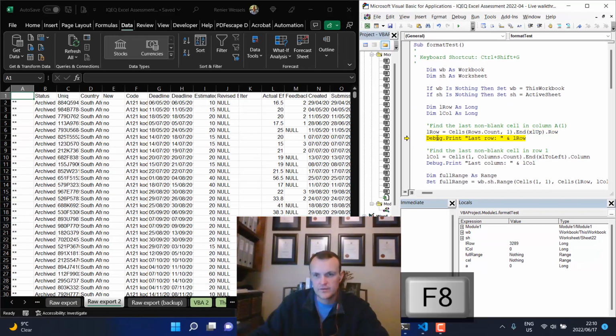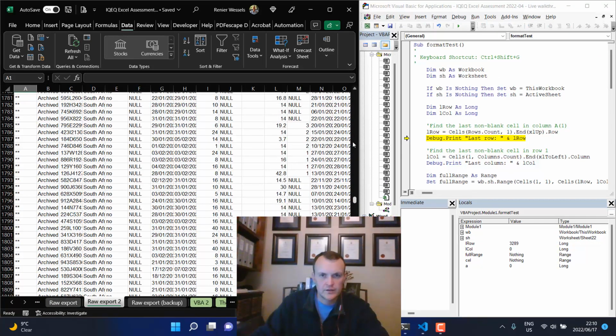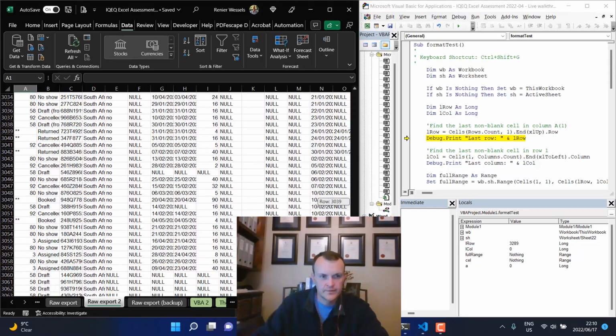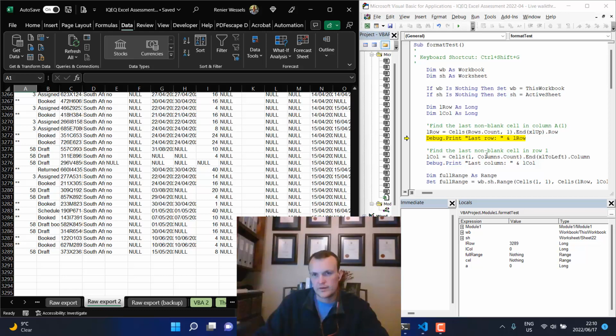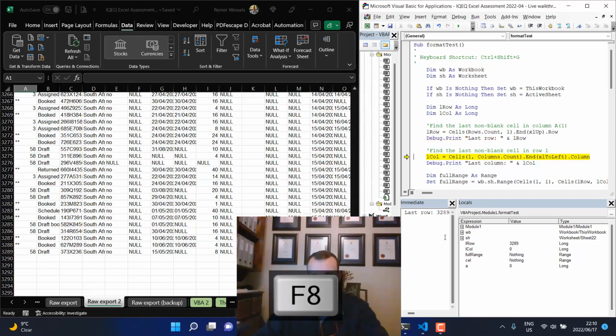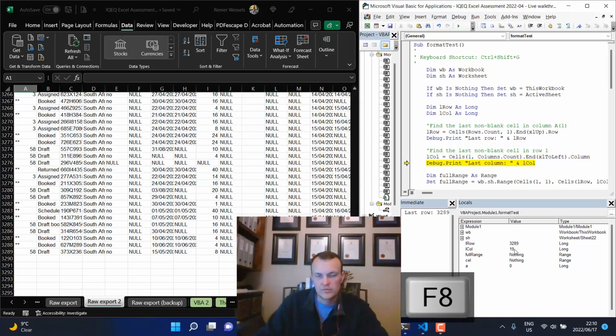lrow, let's see, it's found the last row is 3289. Let's scroll down and check if that is the case. Yes, 3289 is the last row. Perfect. Okay, and then I go and debug.print, and it tells me in my immediate window last row is 3289. Okay, beautiful. It's doing exactly column 19. I know there's 19 columns. Again, last column 19. Okay, perfectly